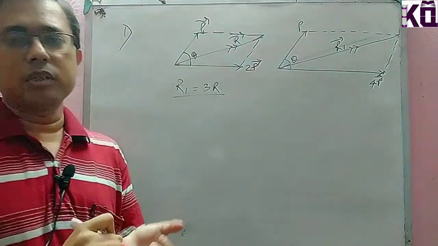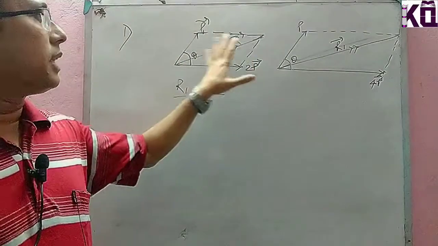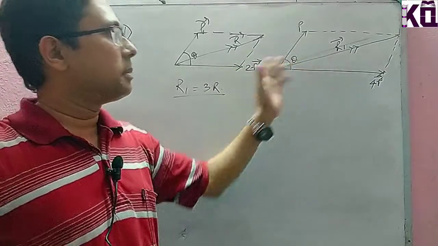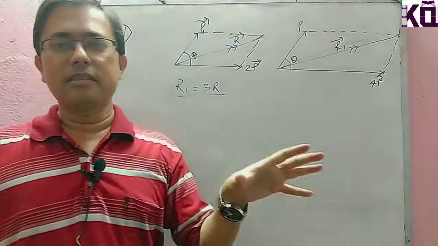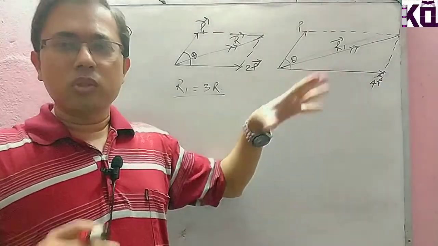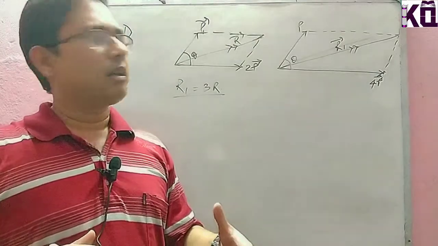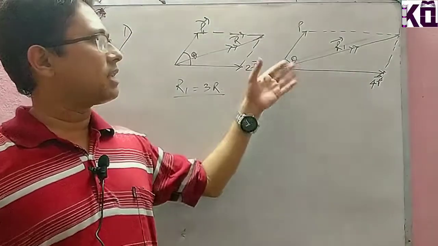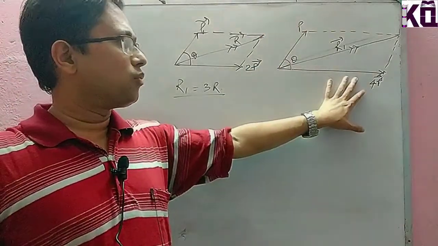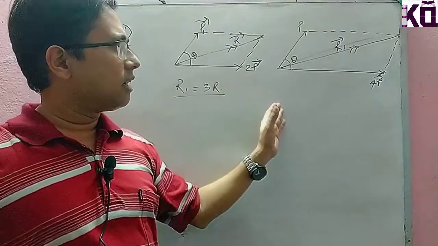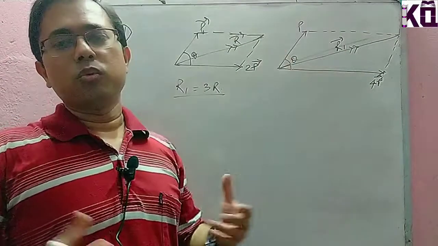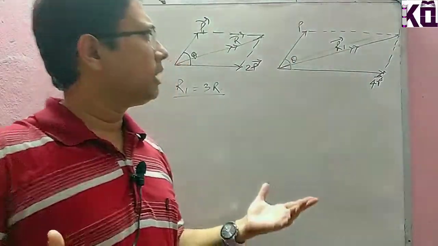This particular angle which is between 2p and p, if I say this one is theta, then for this 2p, the magnitude is increased to 4p. So magnitude is increased, but there is no change in the direction of this particular vector as well as the other vector p. So what happens? This 4p and p are in the same direction as the previous 2p and p. So the angle between those two will remain the same. There will not be any kind of change.